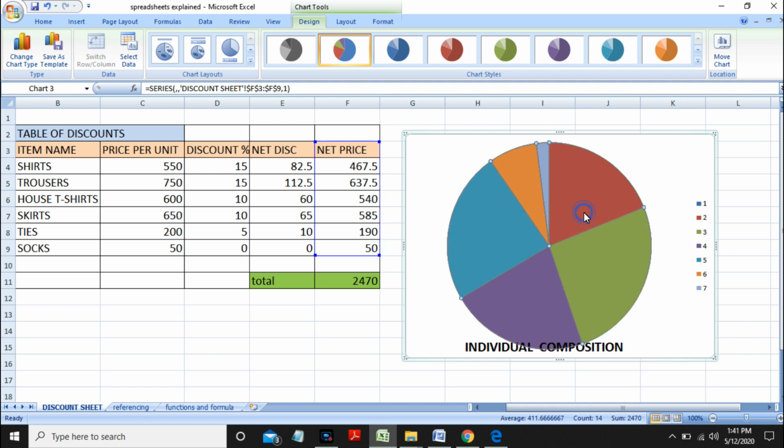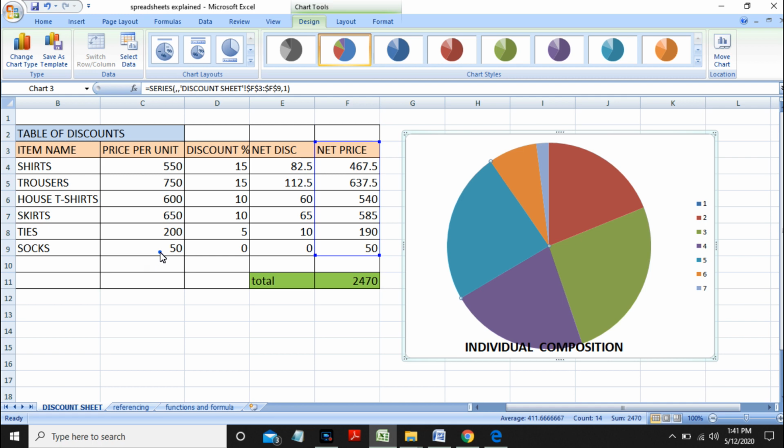All right, you can always reduce the chart. This area outside, this is known as the chart area. As you can see, it's getting selected. This here is the plotted area where the chart is being colored, and as and when you change, as you can see, the sky blue here is the smallest component. The sky blue 7 stands for our last element, that is socks.